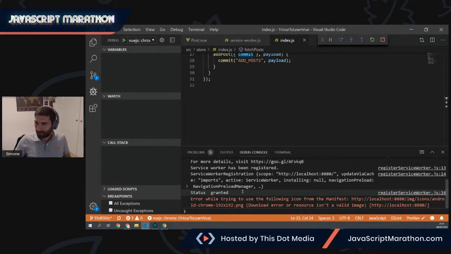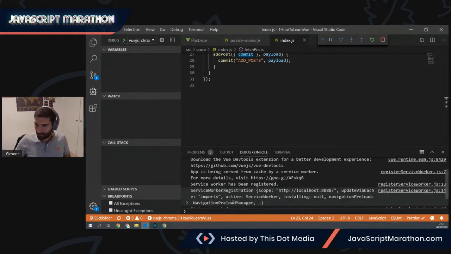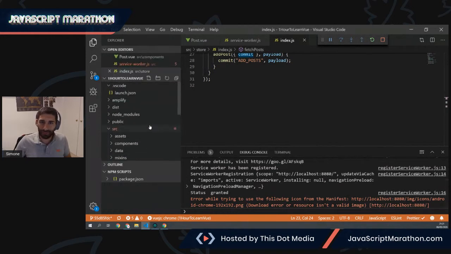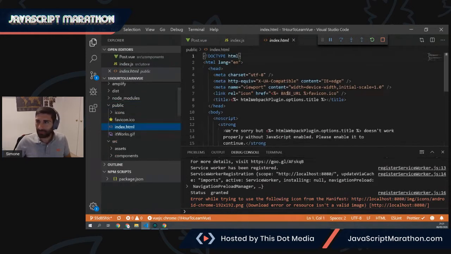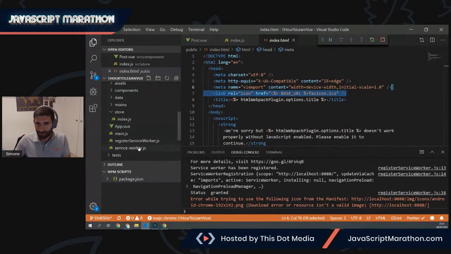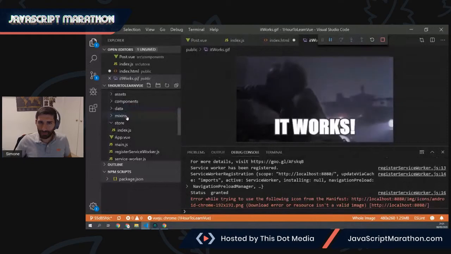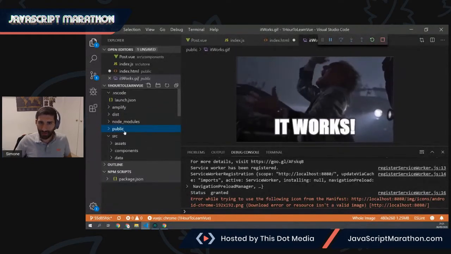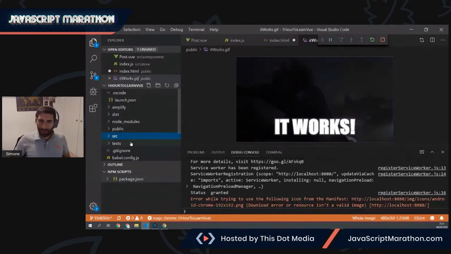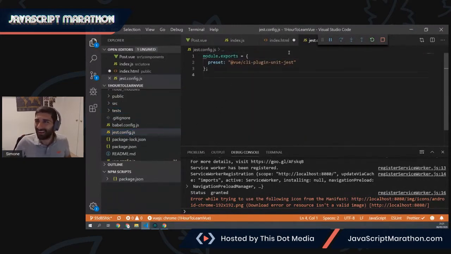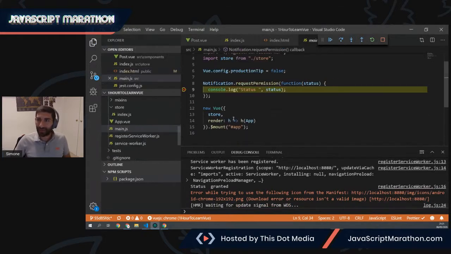I don't know if this is breaking everything because of the icon missing. Let's see. What was it? Yeah, the service worker. The icon, the main, the manifest file. Well, it doesn't work. Save. Hey, something stopped. Hallelujah. It's not the file where I wanted to stop, but if we go back to our application,